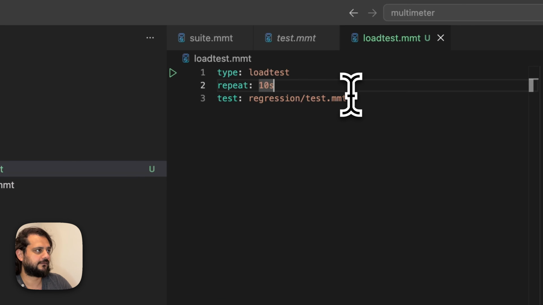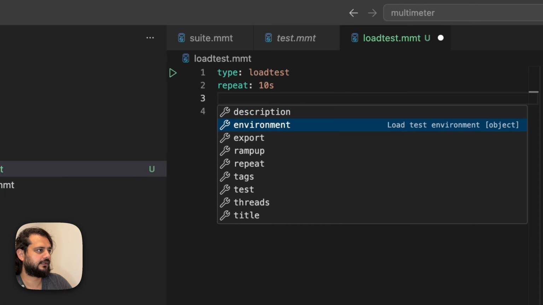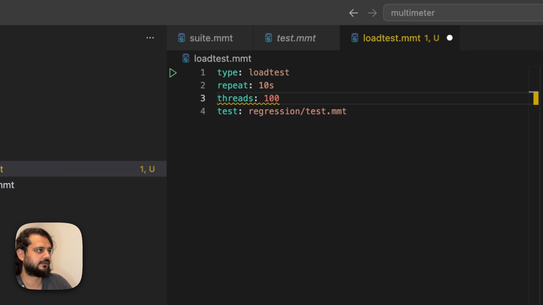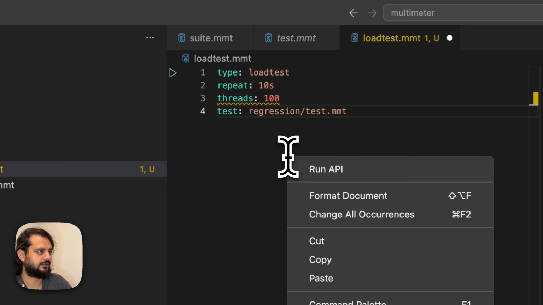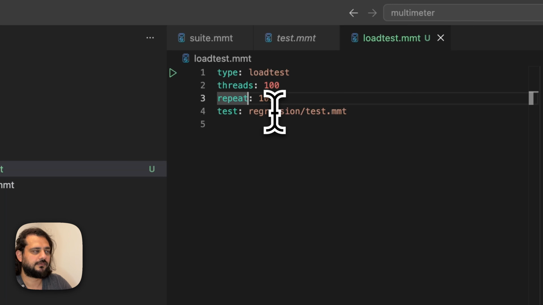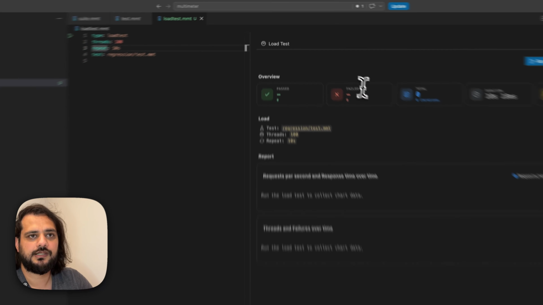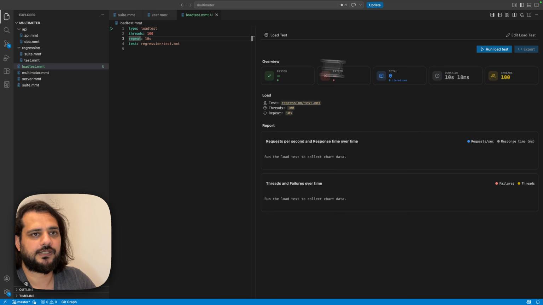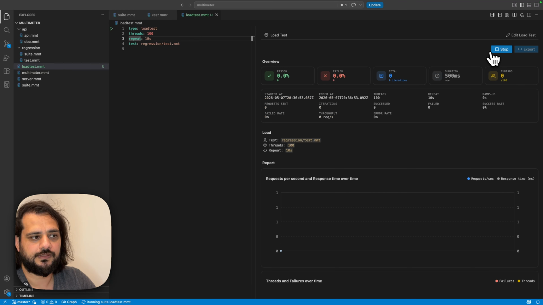Let's just modify other fields that we have here, like threads. So how many threads I want to have for the test. This number will specify that. So let's format. Threads should be before repeats. So now I specified I want 100 threads to run at the same time and call the same endpoint. So if I run now,